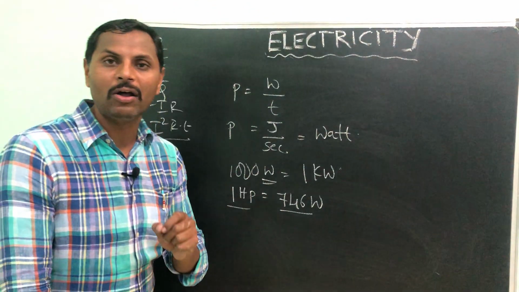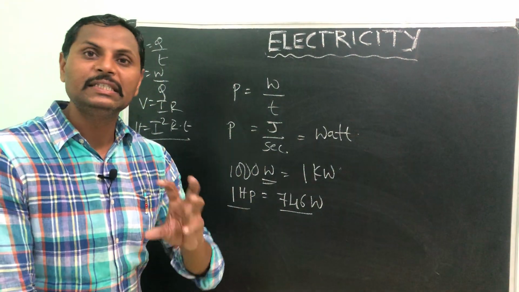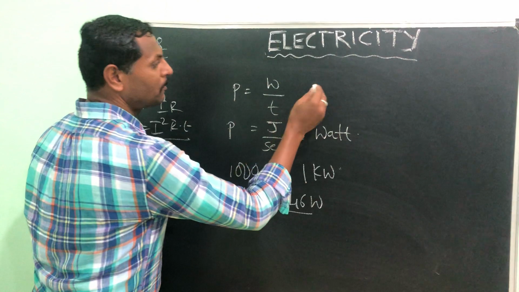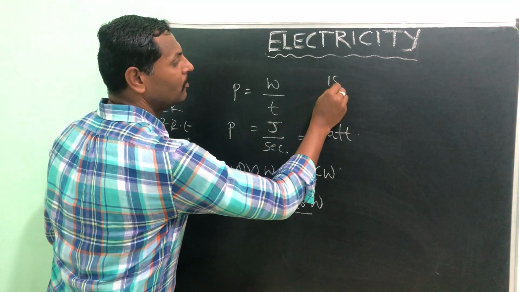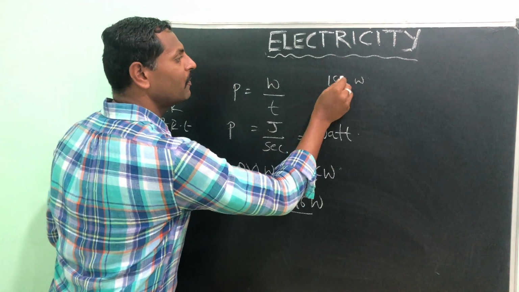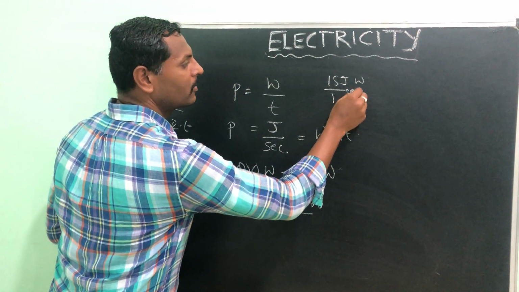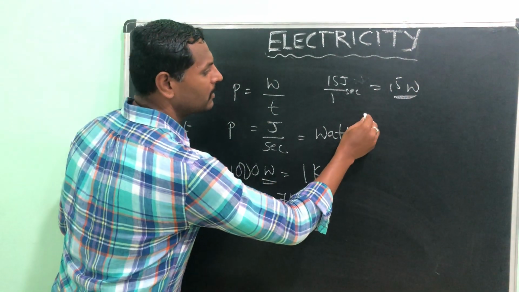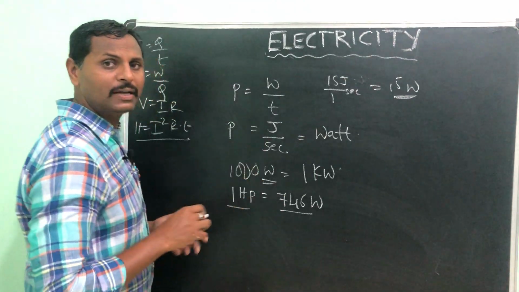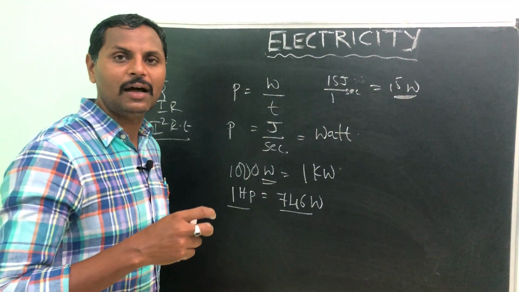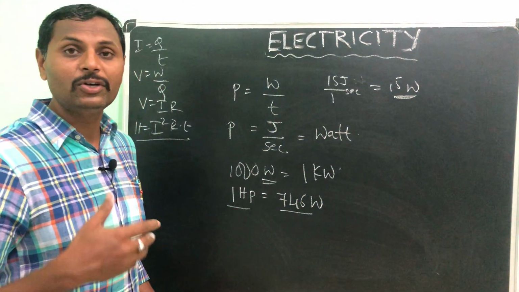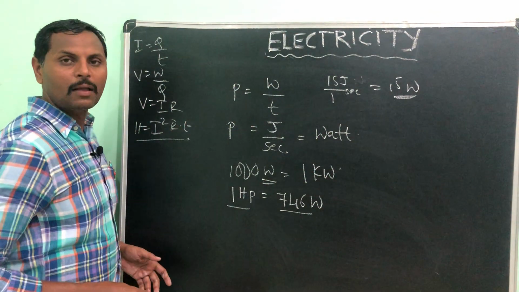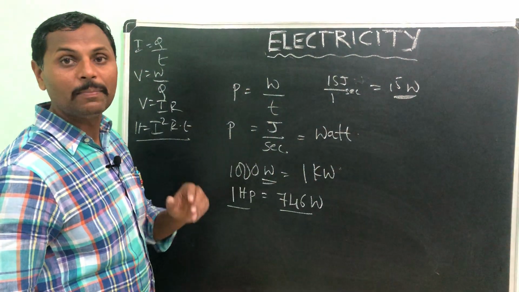So even on the bulbs and all, you might have seen 15 watt bulb, 60 watt bulb, right? So like that, suppose if I take an example of a 15 watt bulb, 15 watt bulb means it will do 15 joules of work in 1 second. Okay, that's why we call it a 15 watt. A 40 watt bulb, simply you can take, you might have seen that even the mobile chargers now are showing 20 watt, which means that will do the work of 20 joules in 1 second. Okay, so that is what power is, nothing but work done per unit time.